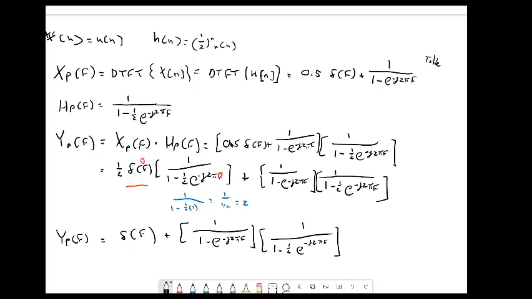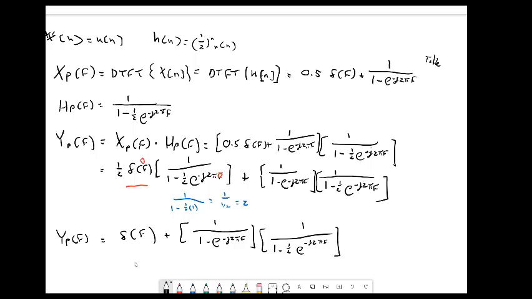simplify the first of these. When we multiply them together, we applied a multiplication property of impulses to see that this whole first term became a big 2 multiplied by 1/2, which left just our delta function, delta in frequency, and we had the product of these two terms, and that's as far as we got. We said, okay, we now need to take that result and inverse transform it,